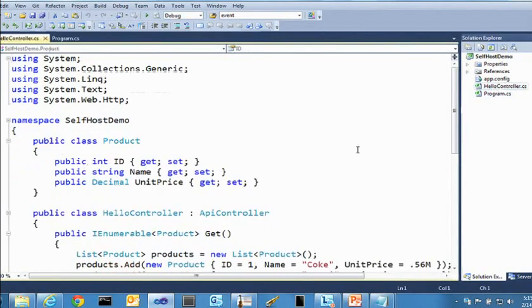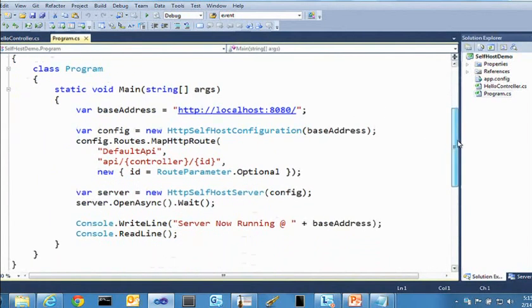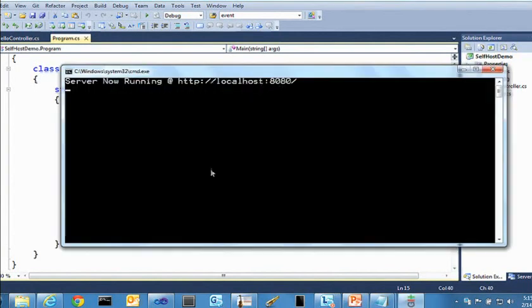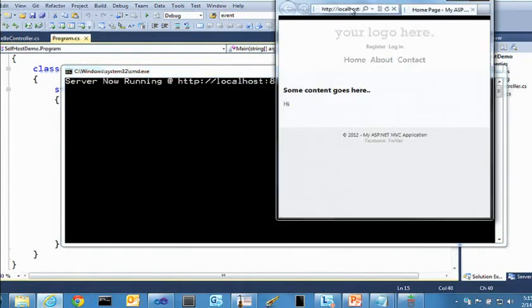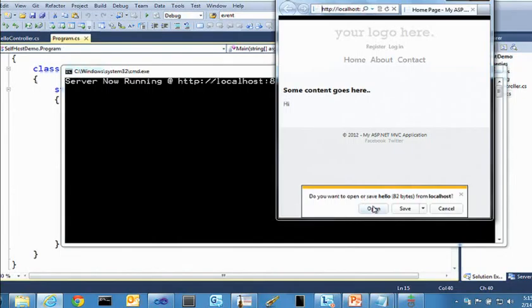I have a simple controller doing the exact same thing that we had before, product instead of patient. And basically, this is all the code necessary inside a command line console app in order to host this application on port 8080. So now I have a web API hosted there. I can plug in and say API/hello. And if I go ahead and hit this method,